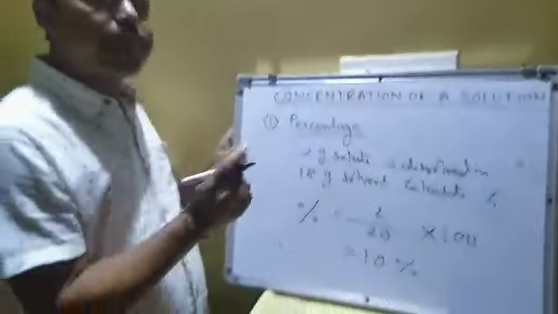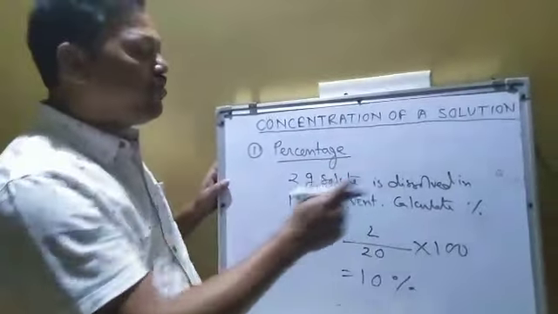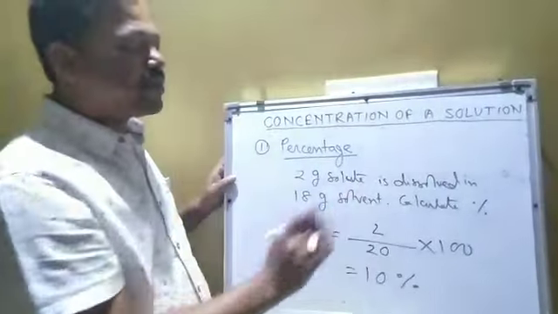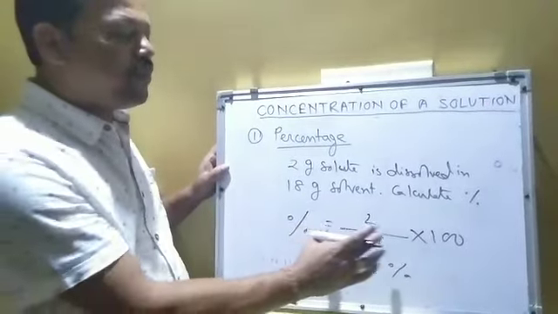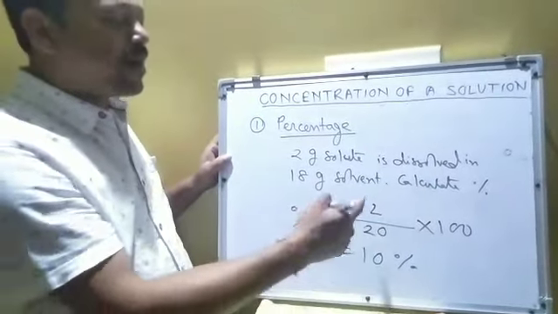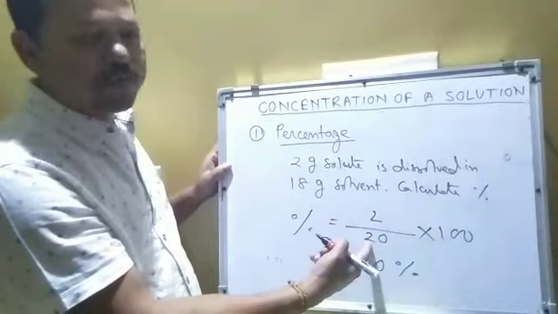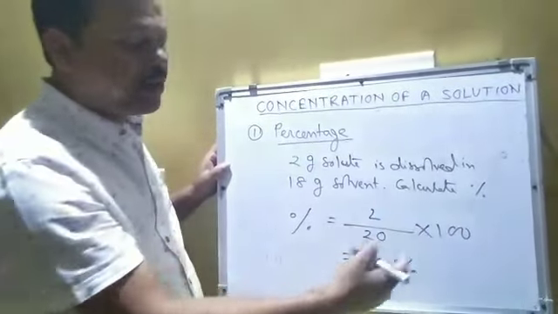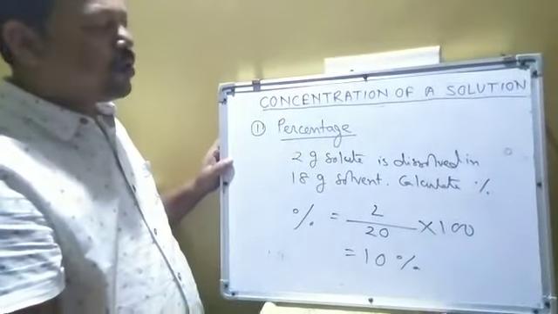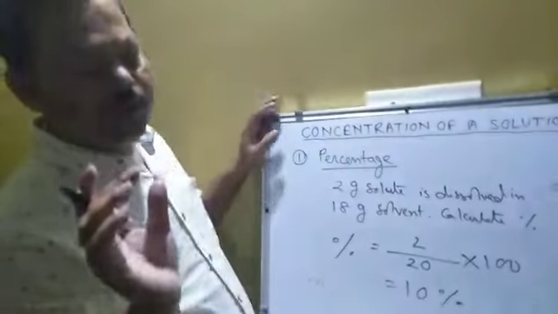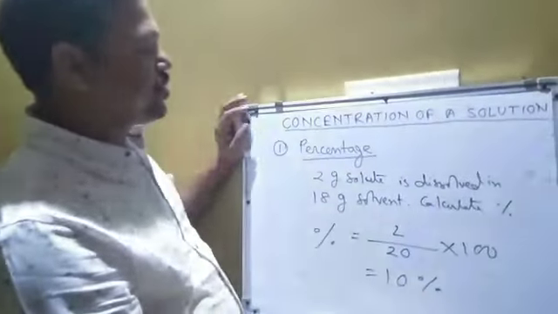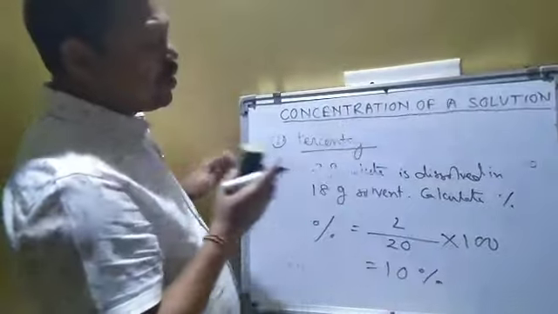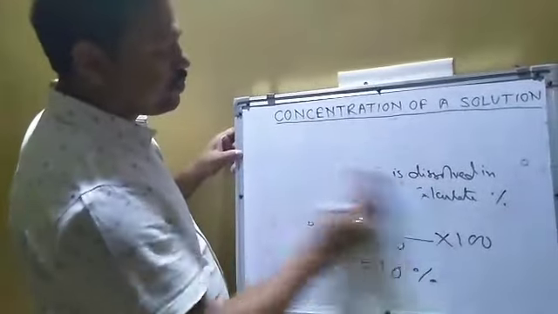So like this way you can determine the percentage of the solution. This type of question may be asked: suppose 2 gram solute is dissolved in 18 gram of solvent, what is the percentage of the solution? Then you can determine it by using this formula: mass of the solute divided by mass of solution, whole thing multiplied by 100, you will get the percentage. So this is about the percentage strength of a solution. Now we will move